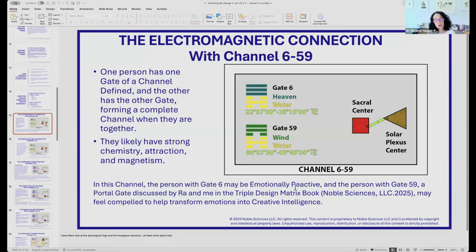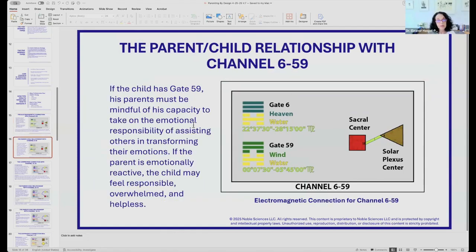And in that book, Ra and I talked a lot about portals and the gates and channels that can access other dimensions of consciousness. For your work on parenting and creating reports for parenting, pay attention to the channel 59-6. If the child has gate 59, his parents must be especially mindful that he's going to take